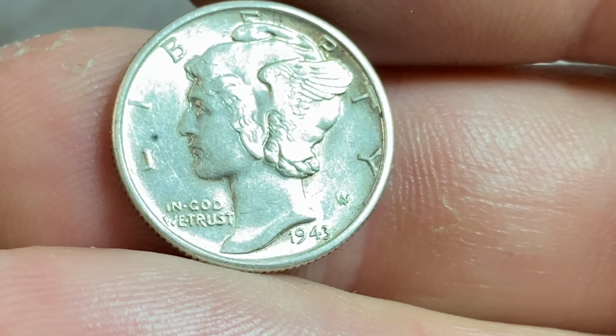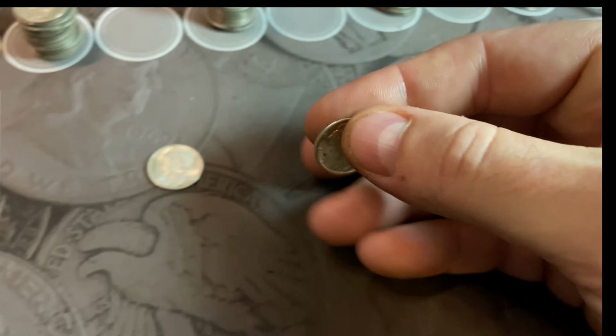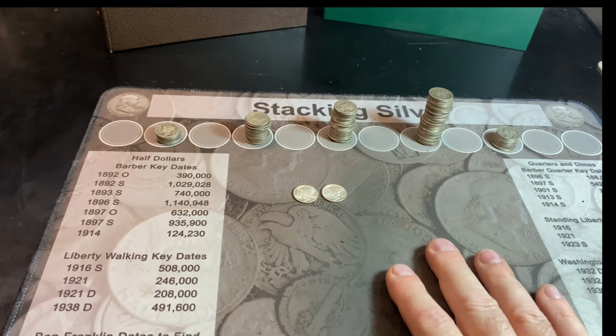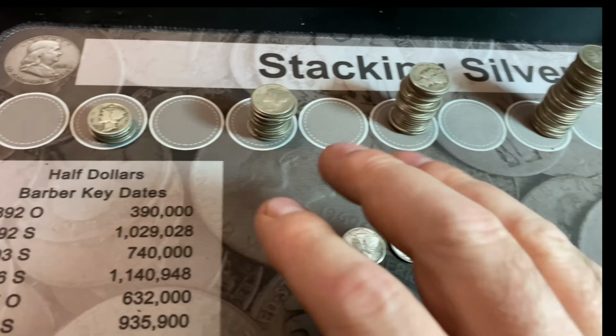It's probably a low mint state, 61 or 62, but it's definitely full bands. Unbelievable. Two gemmy looking ones, and there's some other nice ones represented in the other years. Now it's time to go through what we have here and see if we have any upgrades or additions for